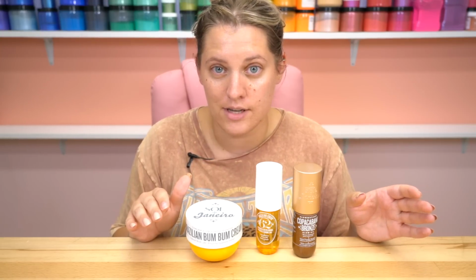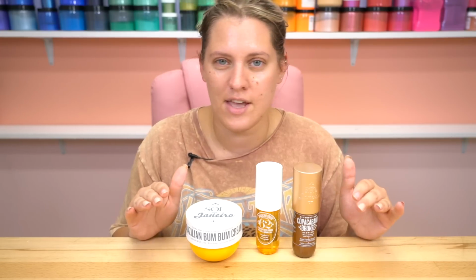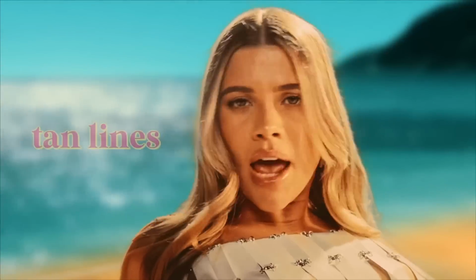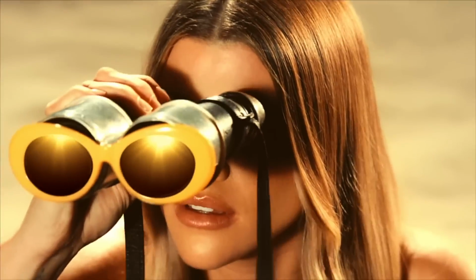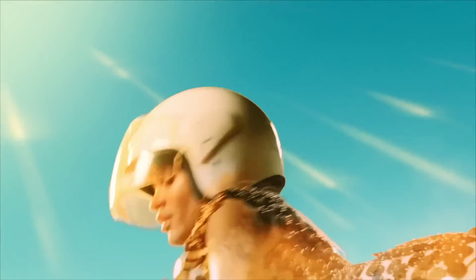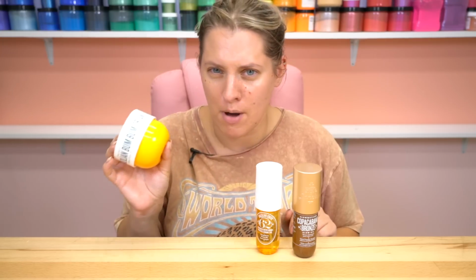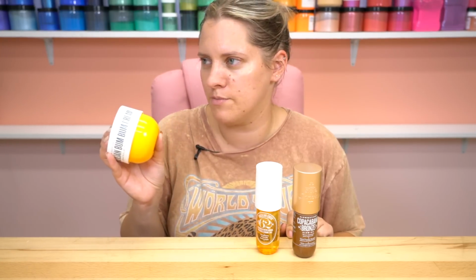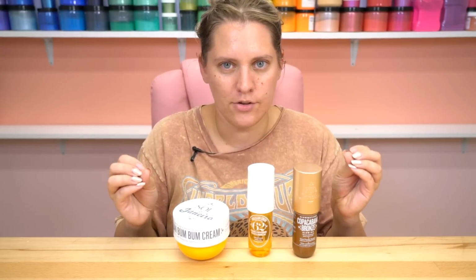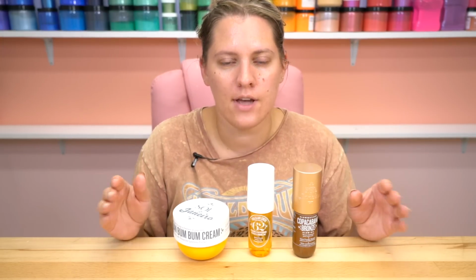I stumbled upon the Sol de Janeiro brand this year, and let me tell you, nothing has hooked me quite as fast. I love the scent profiles. I love the way their website looks. I love all their marketing and branding. They are like the quintessential summer company. The Brazilian Bum Bum Cream has gone viral on multiple platforms. Of course, it's been in Vogue and Vanity Fair and so on, but the CHEIROSA 62 fragrance is